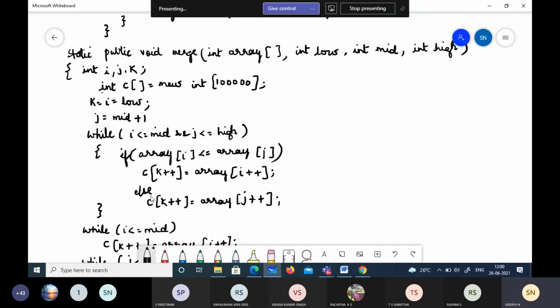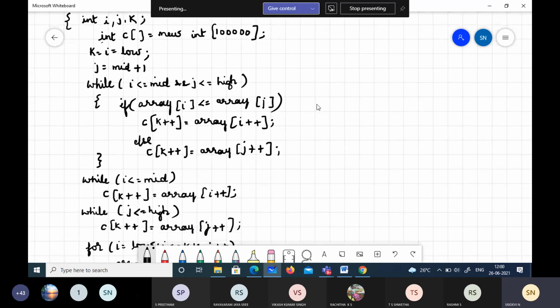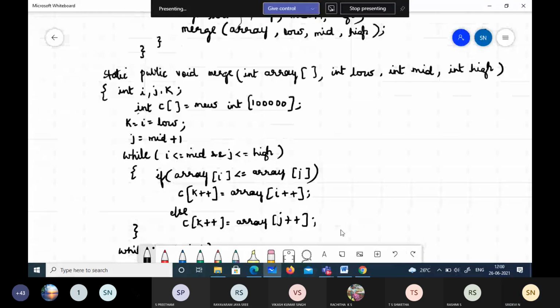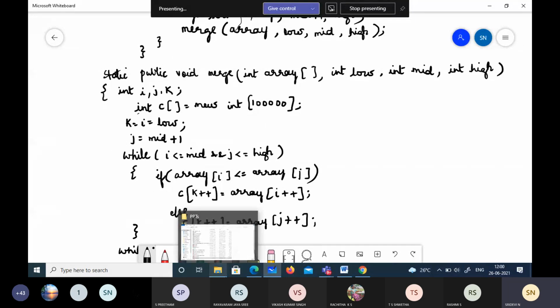You know why every loop is there, why we have taken this while loop and why we have these two while loops. Why we have this for loop. Why we have this k pointing to low. What is this mid plus 1? Everything you have understood, I guess now. Have you all?